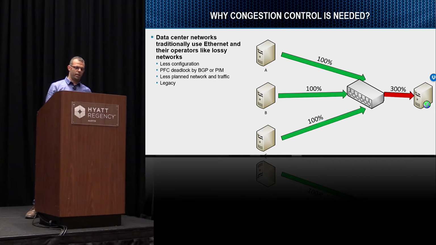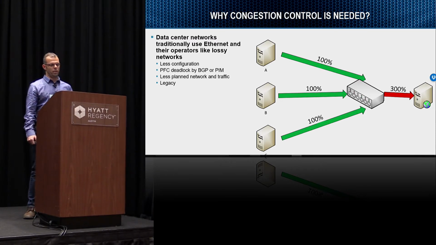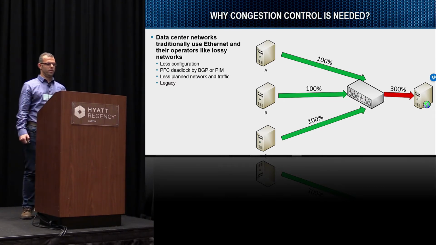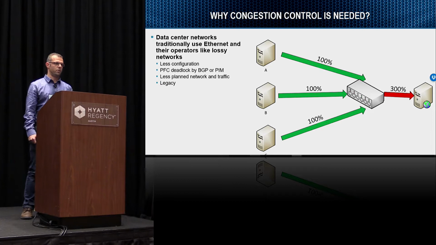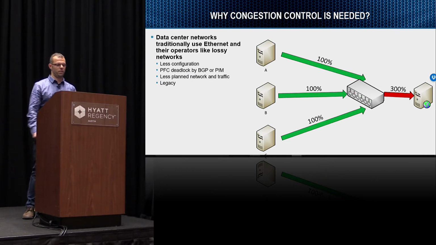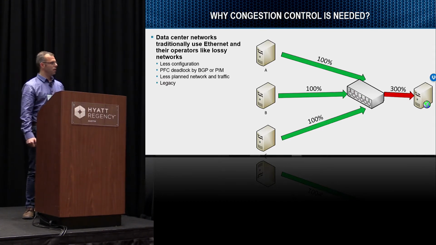However, data center networks traditionally use Ethernet, and the operators don't like lossless networks. They prefer lossy networks for several reasons. One of them is that it's easier to configure lossy networks. You don't need to define priorities. You don't need to classify traffic to priority. There is no need to set different types of thresholds, etc. There are also,